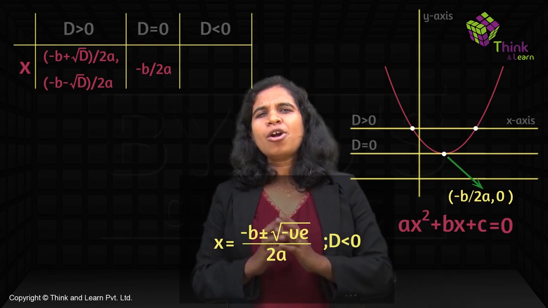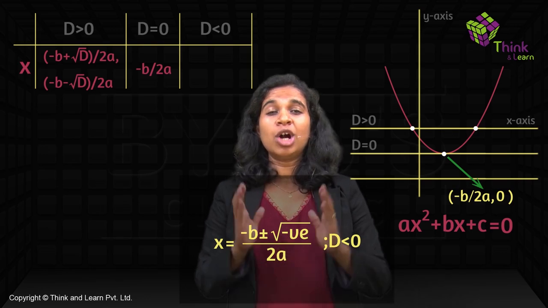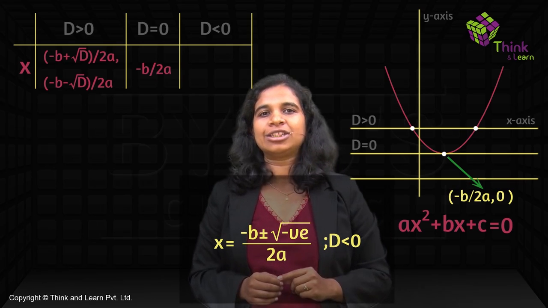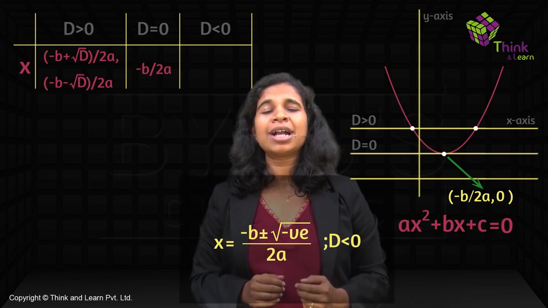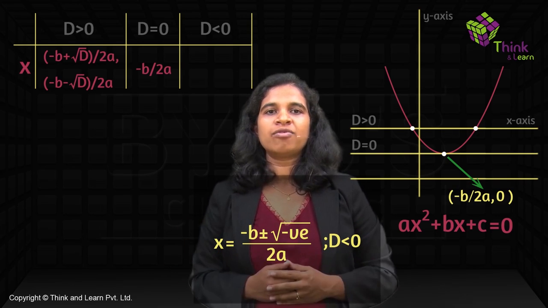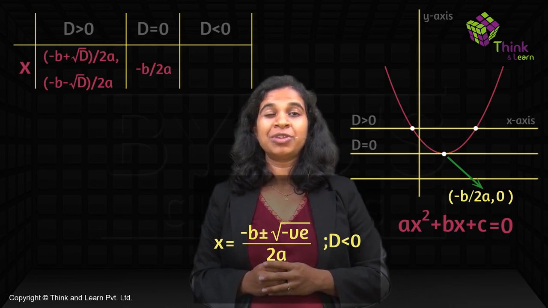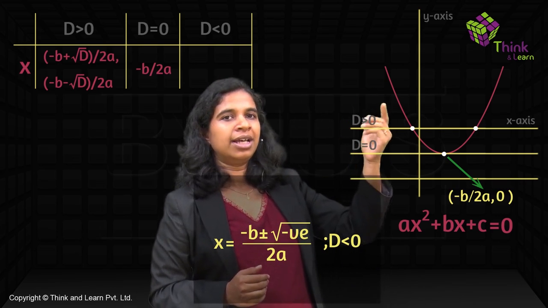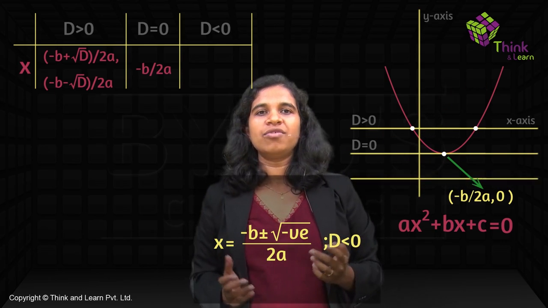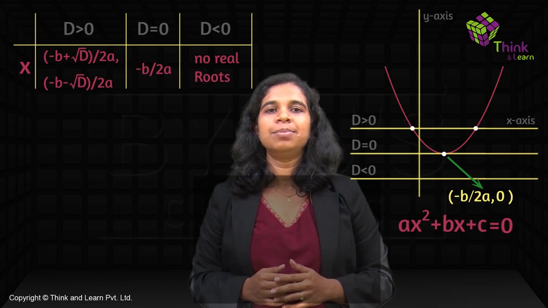But if you think about everything that we know so far, which is real numbers, root minus 9 does not exist, right? In the world of real numbers, root of minus 9 does not exist. That's why when d becomes minus 9 or d becomes any negative number, there are no real roots. Because in the world of real numbers, root of negatives do not exist. So if d is less than 0, we say there are no real roots. In your graph, when did you have no real roots? This is a graph drawn on the real coordinate plane, right? So when the x-axis was below the graph, we saw that there were no real roots. So your d less than 0 is the case where x-axis lies below the graph, right?